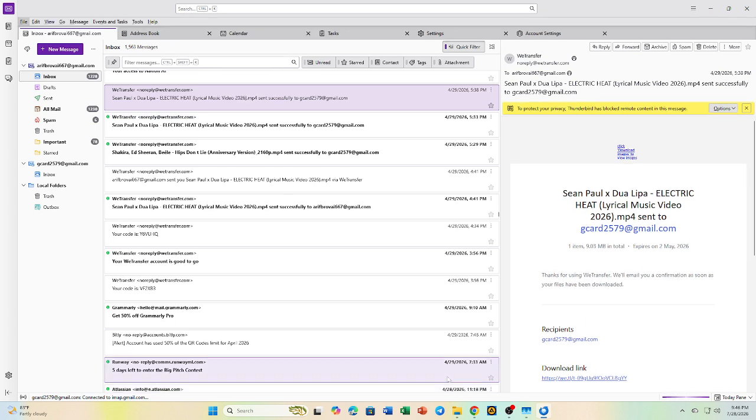Hey everyone, in this tutorial, I'll show you how to uninstall Mozilla Thunderbird in 2026. Whether you're switching to another email application or simply no longer need Thunderbird, removing the program is straightforward. So let's get started. Before uninstalling Thunderbird, make sure you back up any important emails, account data, or profile information